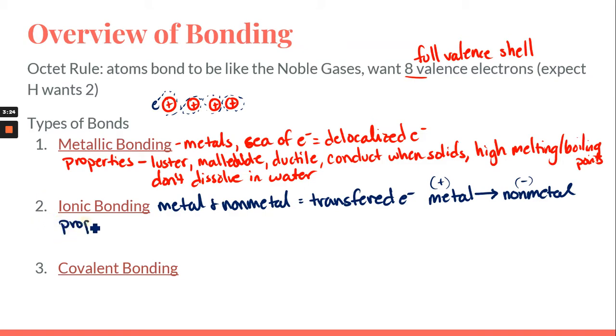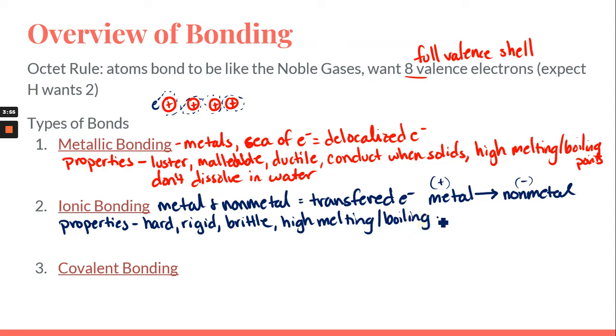Because the electrons are transferred, we get the properties of ionic bonding. So ionic bonds are hard, rigid, meaning they have a fixed structure, but brittle, meaning we can break apart the bonds easily because they have transferred their electrons. Ionic bonds also have high melting and boiling points because of those transferred electrons. They also dissolve in water